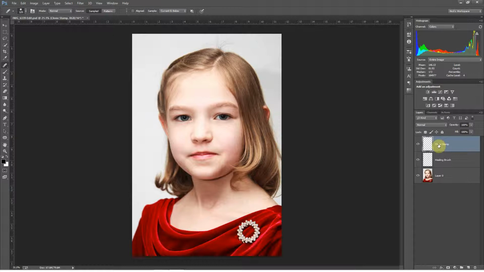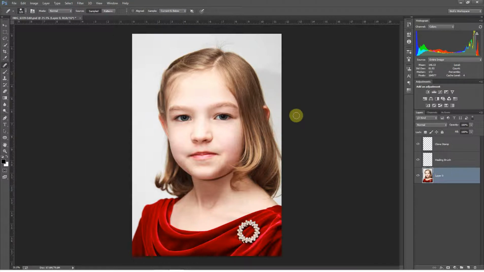Okay, and like I've said in prior videos, whenever you're doing any image corrections, any retouching, any tone adjustment or anything like that, you should always be working on a new layer. Because otherwise, if you're doing all of your corrections right on your image layer, and you ever decide down the road that you don't like the way a retouch or a correction went, if you're doing it on the original layer,